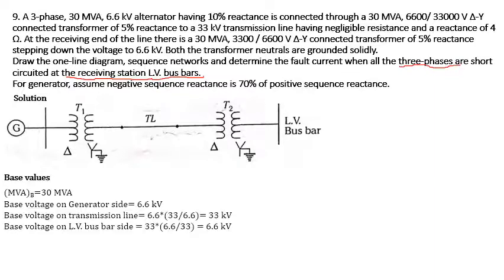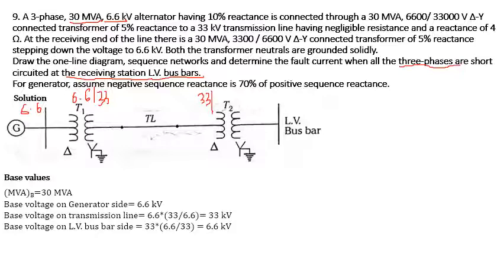The first thing we need to do is consider the device having the highest rating. Here the alternator has the highest rating, that is 30 MVA, and the voltage on the generator is 6.6 kV. Transformer T1 has a rating of 6.6 kV by 33 kV. Similarly, transformer T2 is 33 kV by